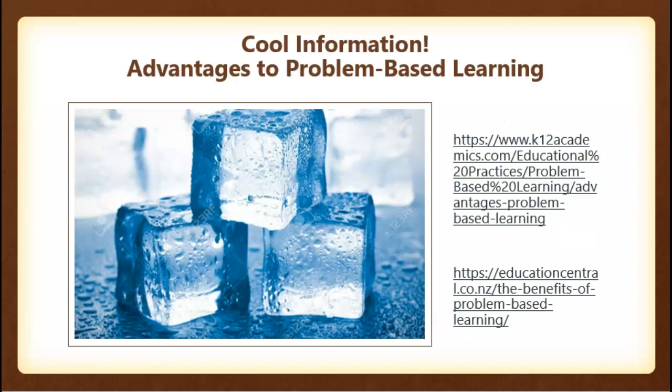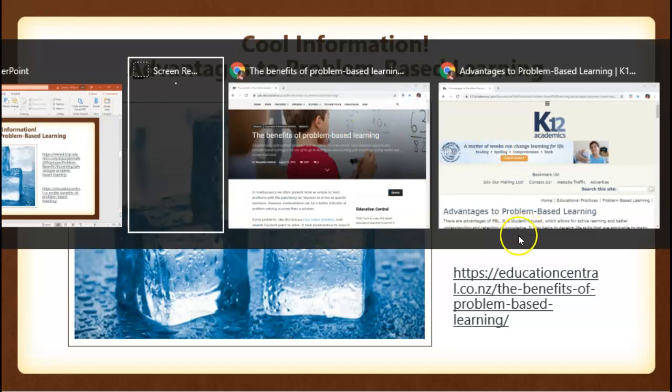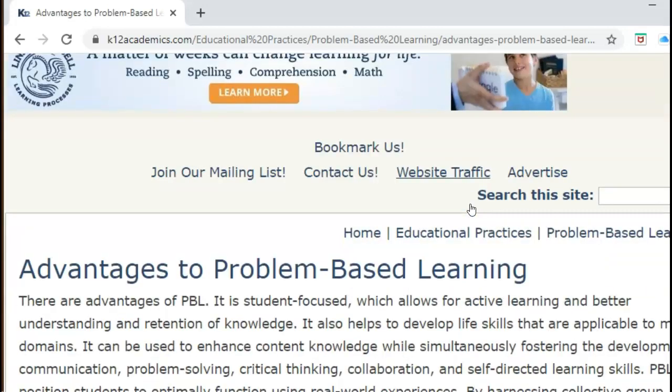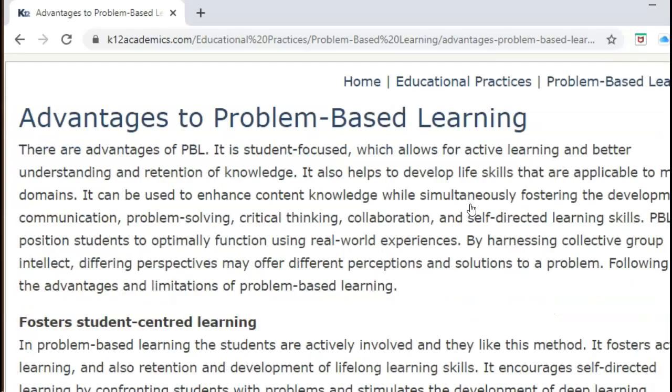I also found a couple of cool articles telling us about the advantages of problem-based learning. We can take a look at one of them. It's from the K-12 website, and it talks about the advantages of problem-based learning. Some of the advantages can include, of course, that it fosters student-centered learning. It upholds lifelong learning. Problem-based learning gives emphasis to lifelong learning by developing